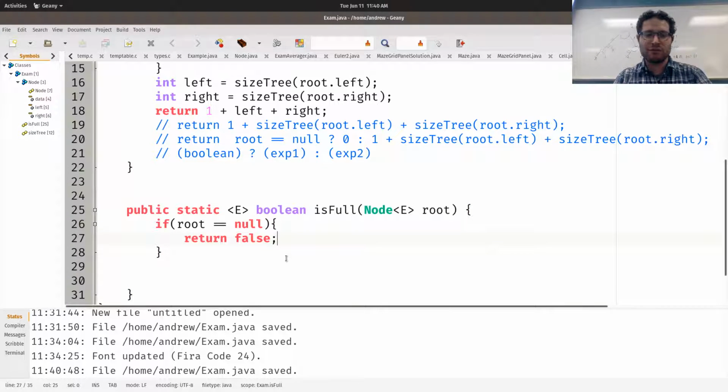So if root is equal to null, return false. But otherwise, we might not actually need this because it all depends on our children. So first off, once we pass this, we know that the root exists. So what's an easy base case for me? Basically all the conditions where I can immediately say I don't have to recurse because I know I'm not